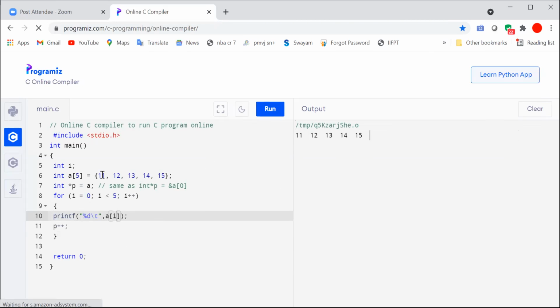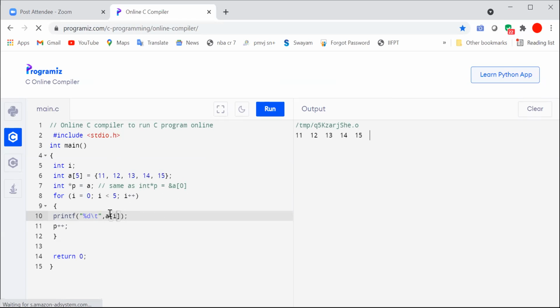If you use a pointer, whether you are storing 1000 values or 100 values or 45 values, just one P is enough to access all the elements. No need to remember each and every array address and each and every array value. But if you do the process with a normal array, we have to access it through the index only.